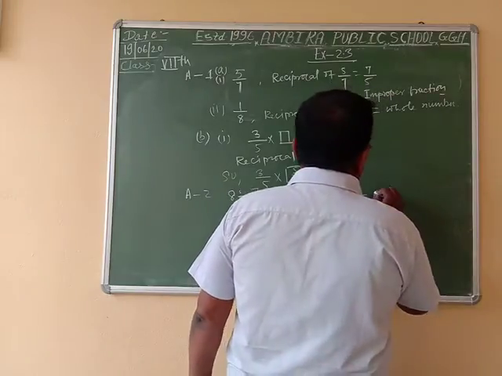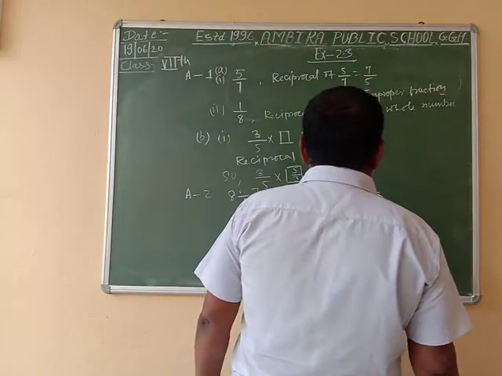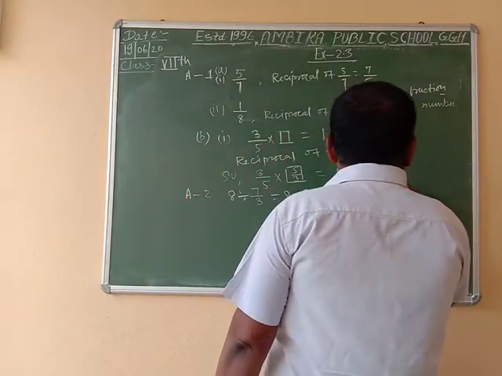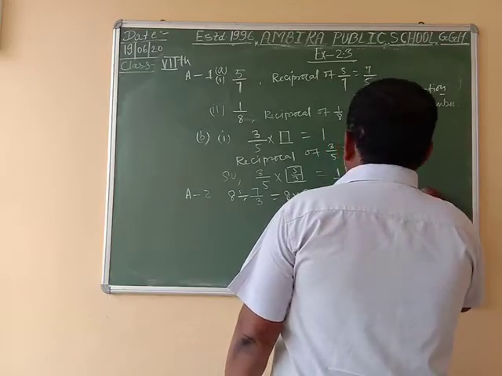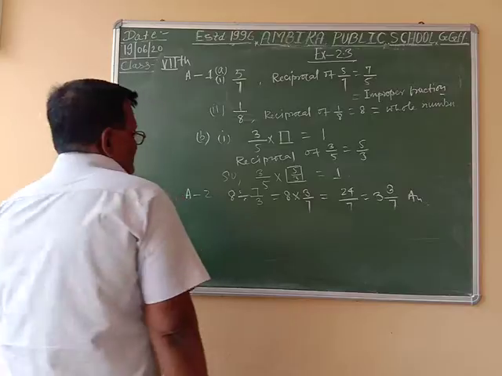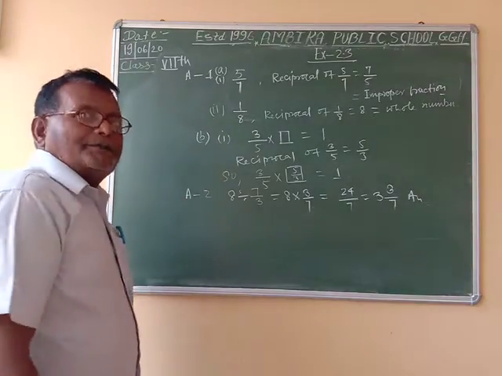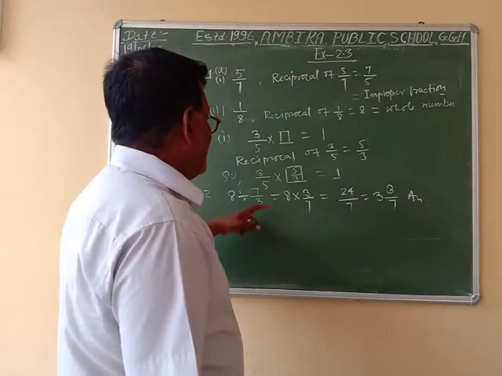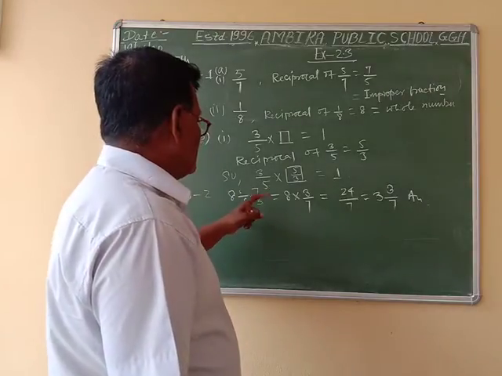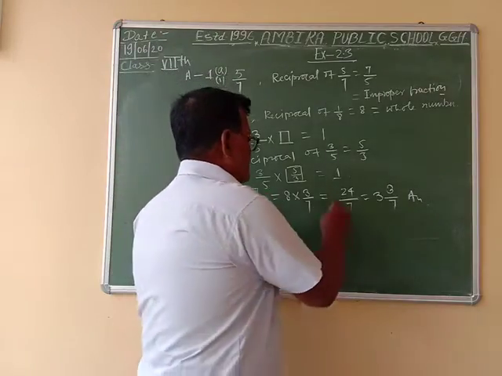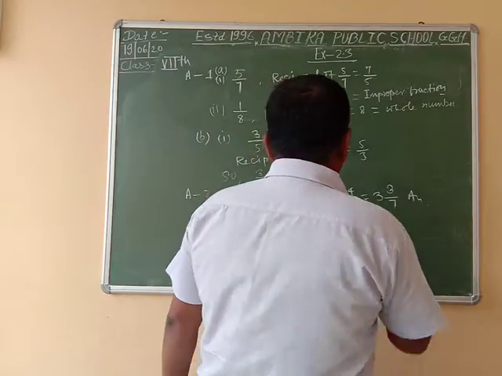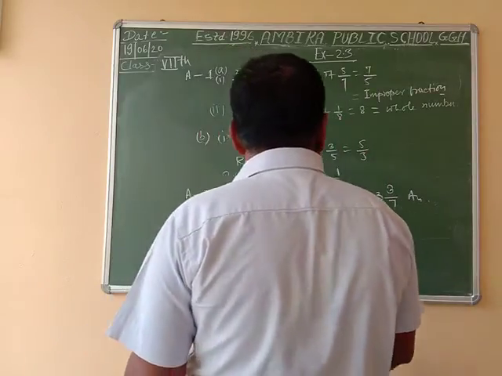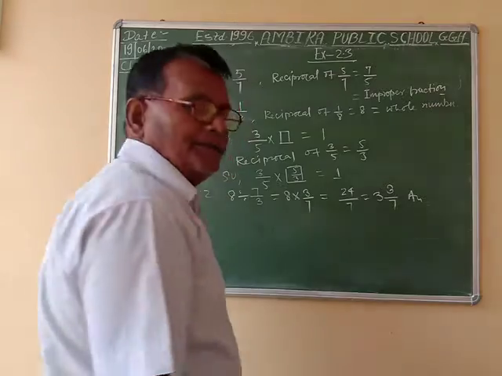After dividing 24 by 7, the quotient is 3 and the remainder is 3. So we are given 8 divided by 7 by 3 is equal to 8 into the inverse of 7 by 3, which is 3 by 7, is equal to 24 by 7. Dividing by 7, we have 3 whole 3 by 7.